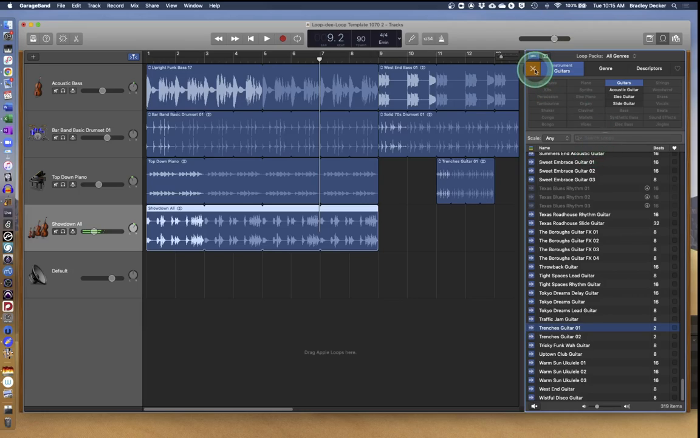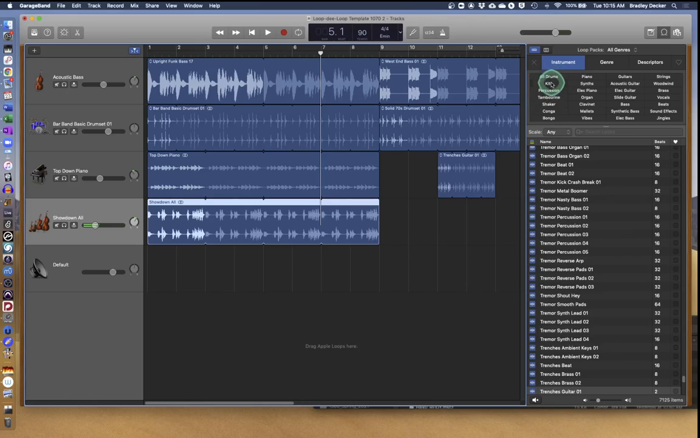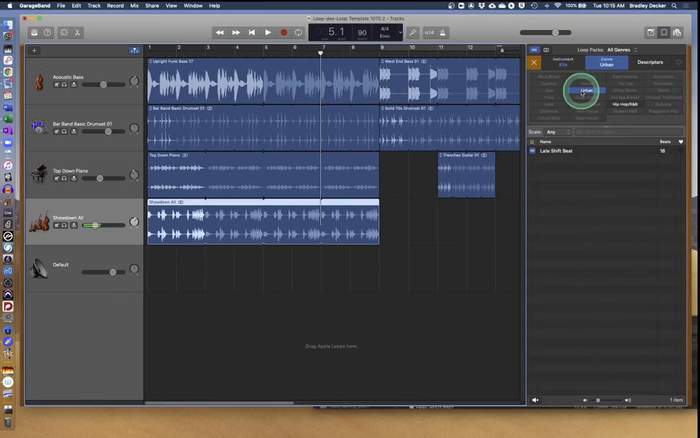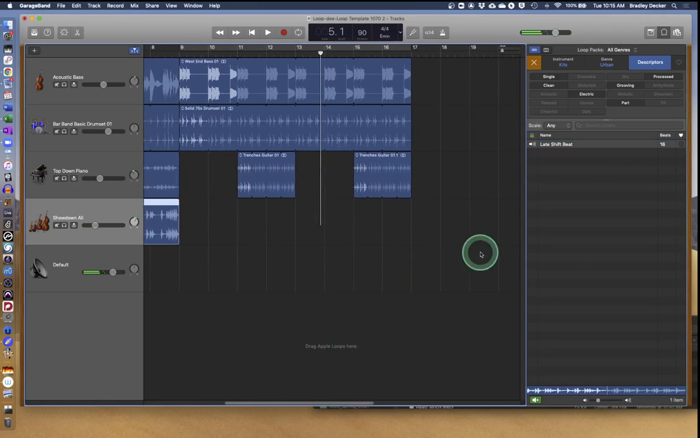Once they're all loaded, you can find the loops you would like to accompany what you already have in your window. You can find these loops here by selecting and narrowing down your loops by instrument, by genre, and by any other descriptors that Apple has attached to the metadata of each one. Keep in mind there are lots of different options in terms of